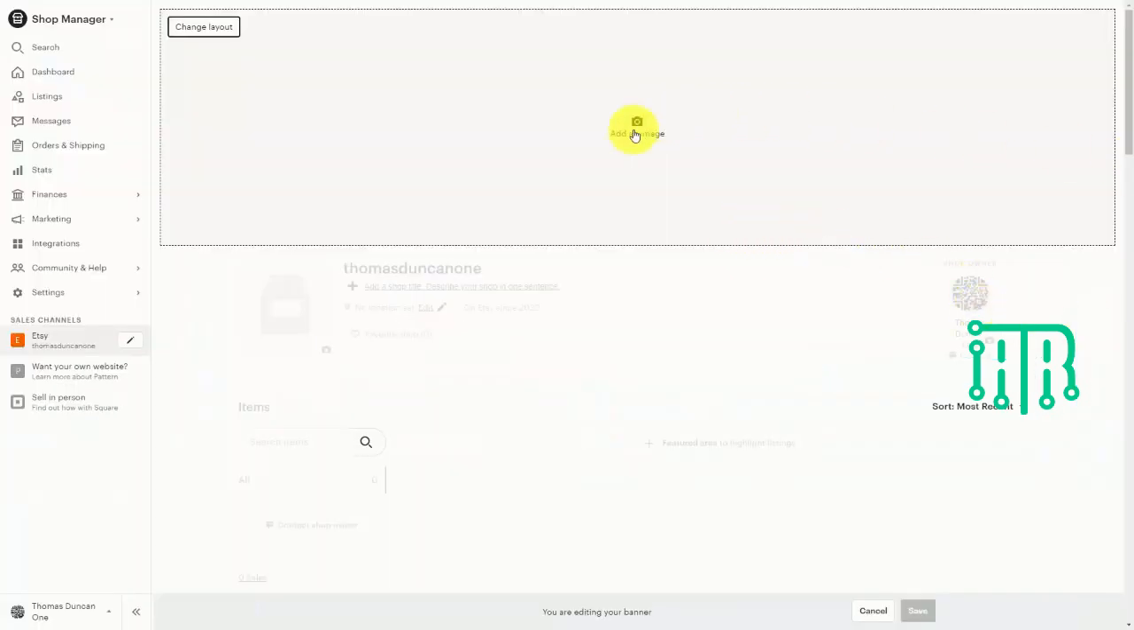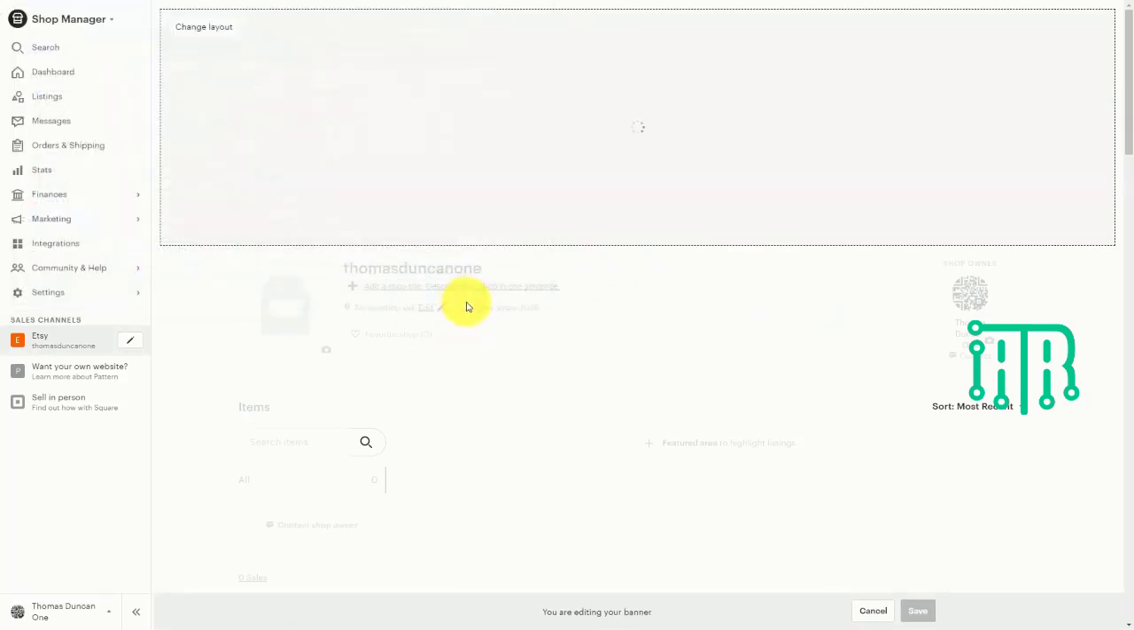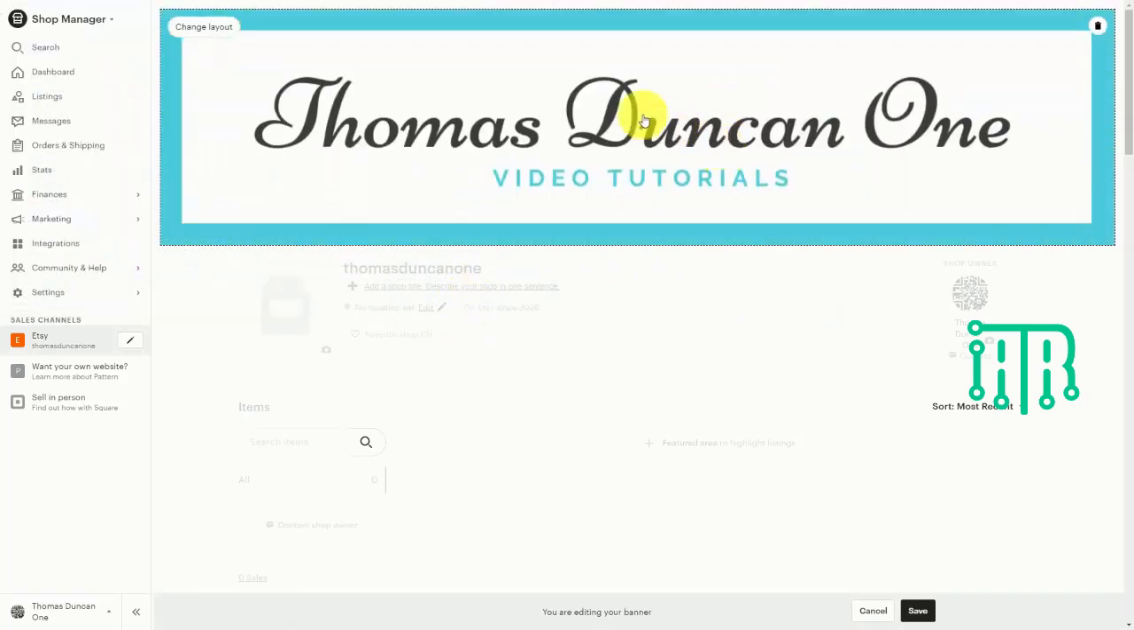That means now we can come back to our Etsy store and add in the image that we just created. So what we're going to do here is click this add an image button. We're then going to grab the image that we created, and click open. And then this is going to now be our banner that we just created inside of Canva, and this will